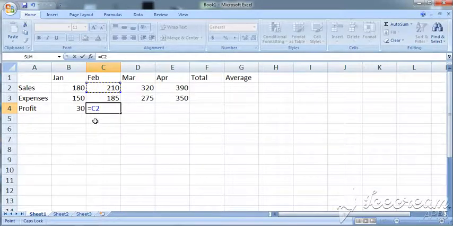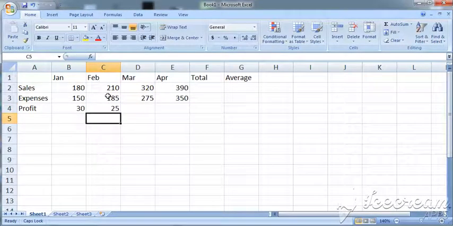Here you get C2, right? And then the minus sign, again control and then the second value, then you get C3 and then enter. So here you get the profit without typing B2, B3 or C2, C3.